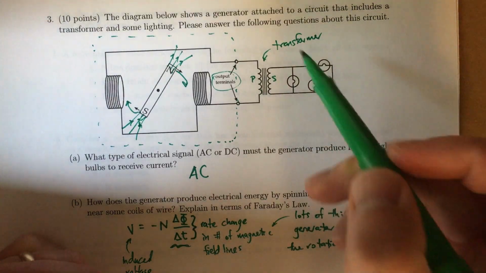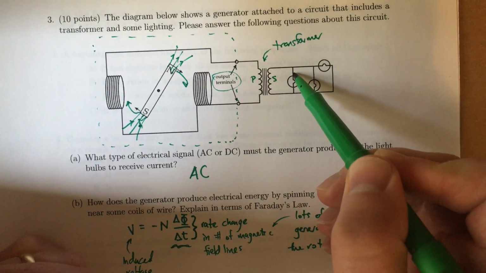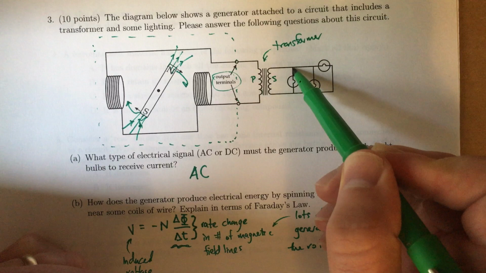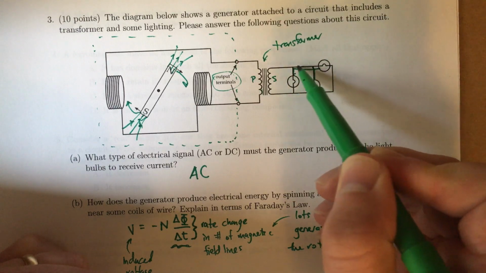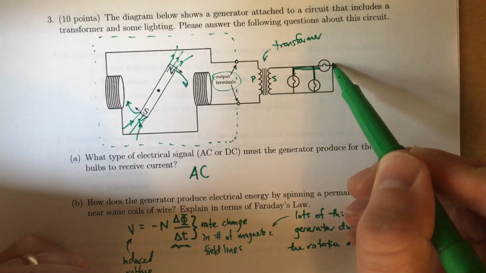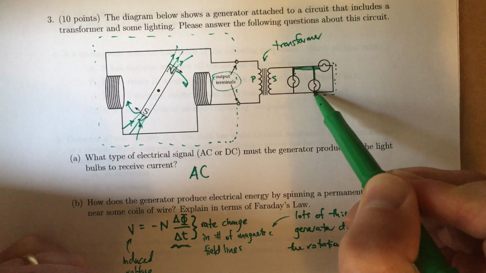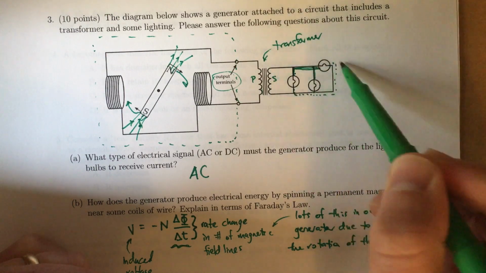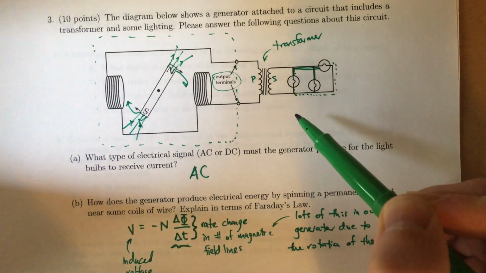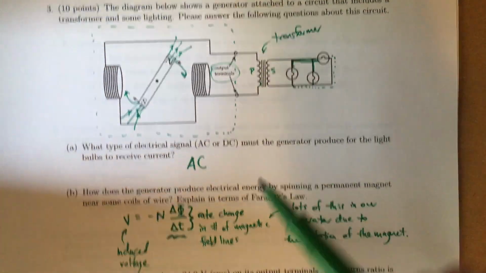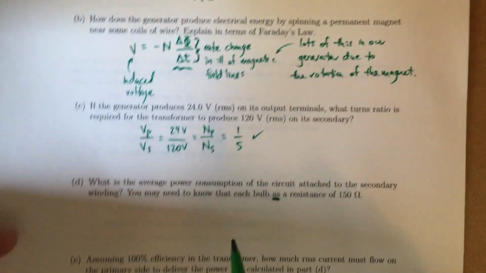So go back up to our little simple circuit over here. We can draw from the top of that one to that side of that one and that side of that one, all through the same wire. And then over here on the other side, we can do the same thing. So the voltage difference across each one of those things must be the same. And so when we come back down here to the bottom part of the page,